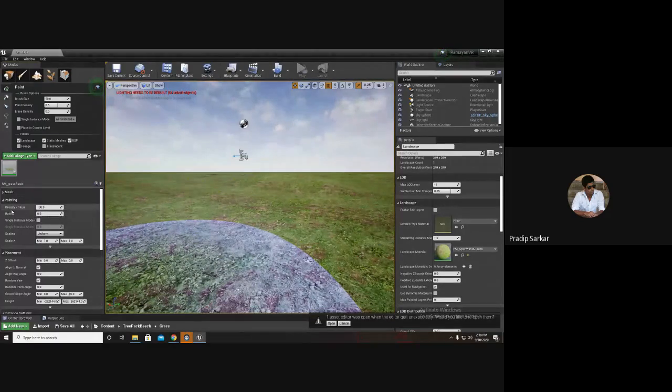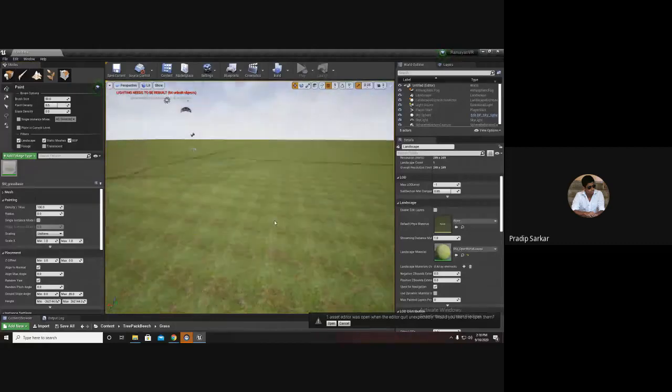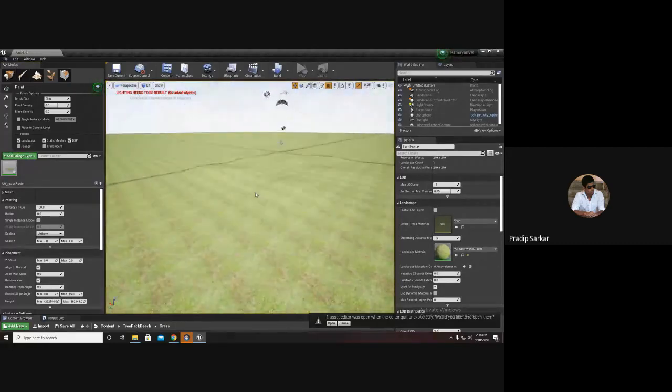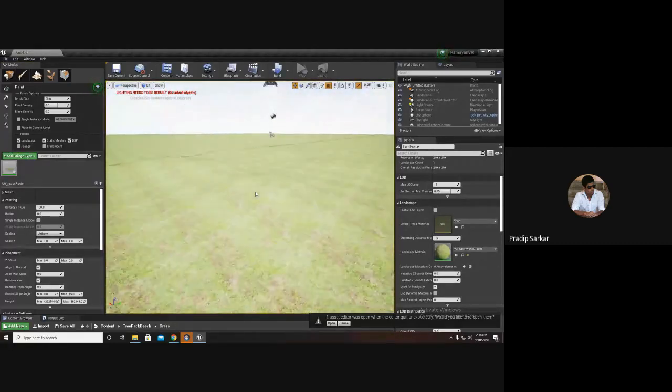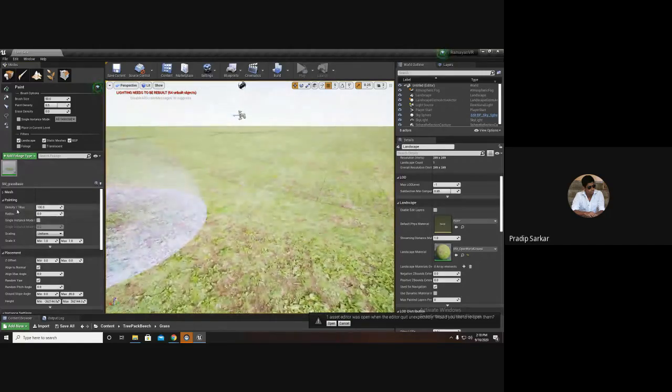In the painting parameters, the first option is density. In 1 KUU, meaning in a map with 1 kilometer in area, what should be the density of the currently selected foliage?